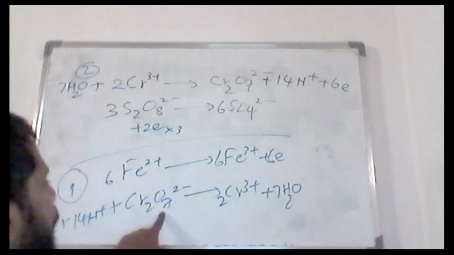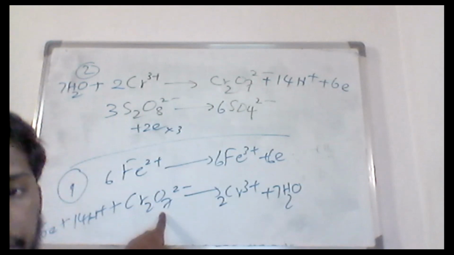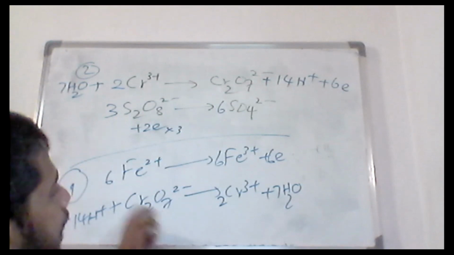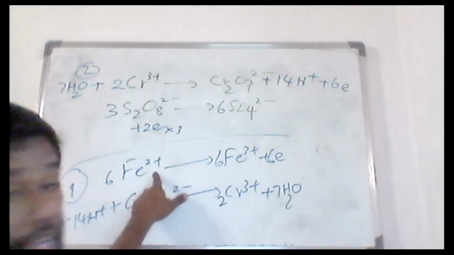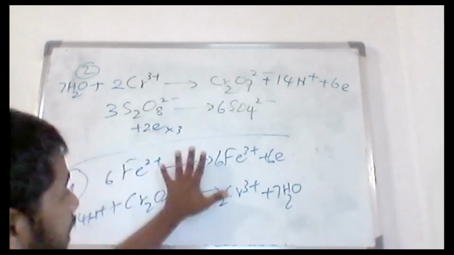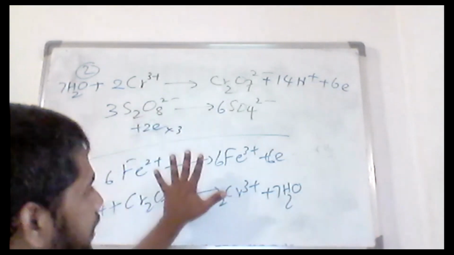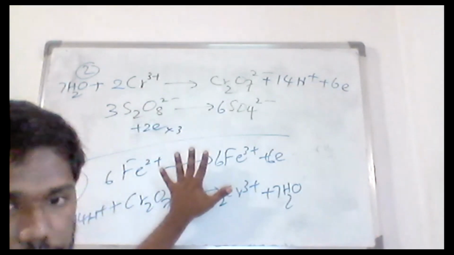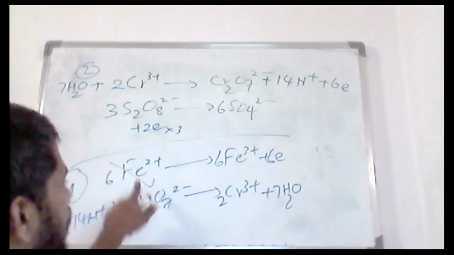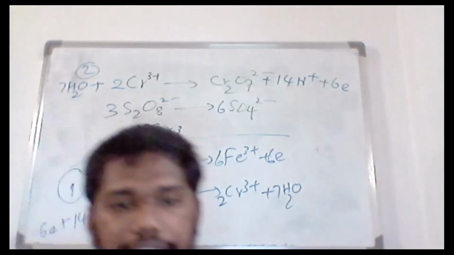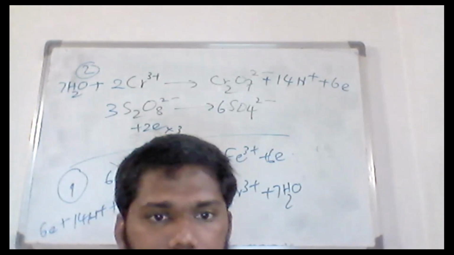And here you have Cr2O7 2-. That is again going to be converted to chromium 3+ by reacting with Fe2+. Now this is the unreacted amount. You know this. How do you know this? Because it is given. See, it is given